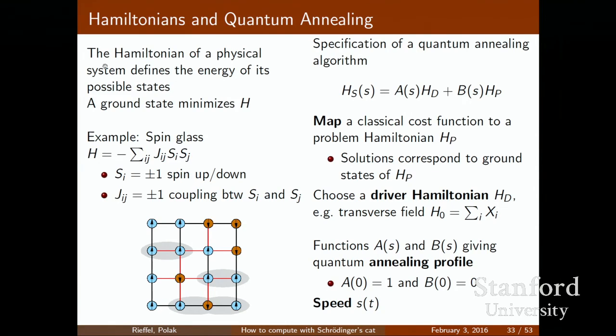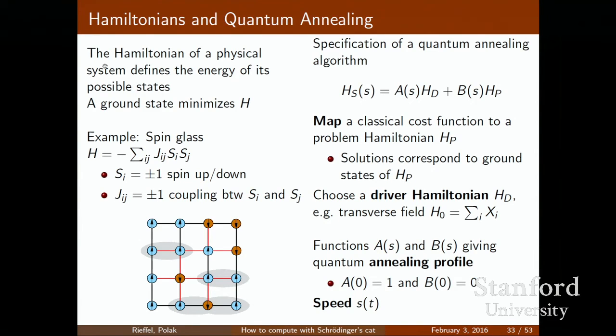So for example, you can have a spin glass, just a classical spin glass, where you have spins which are up and down, and you have a coupling of plus or minus 1 between the spins. And if you have a 3D lattice of those, that's known to be NP complete. So hard problems come up here very, very quickly. So in quantum annealing, we come up with this final problem Hamiltonian H_P, where the ground state is the state we want, or a set of states that are the solutions to this problem.